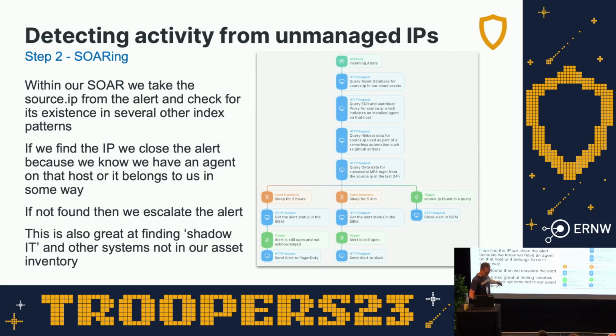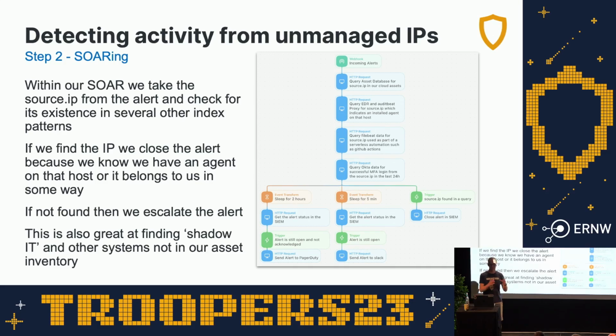This bottom bullet here, if you build this in your environment, the first 2 months or so that you have this, all you're going to do is respond to shadow IT alerts. And what do I mean by shadow IT? It's systems that you own, but nobody's told you about. It's not in your asset database. Somebody stood up a server and they didn't put an endpoint on it. Somebody got a new laptop and they forgot to put the AV and your EDR system on it.